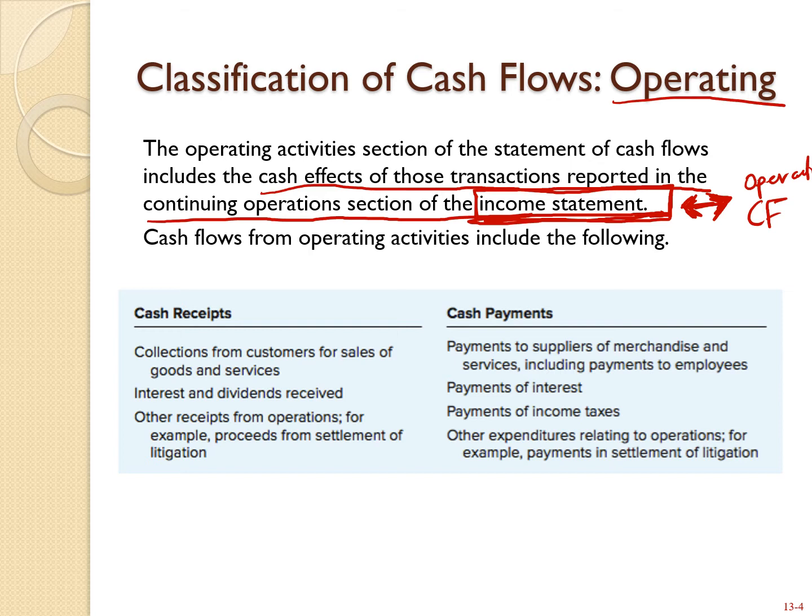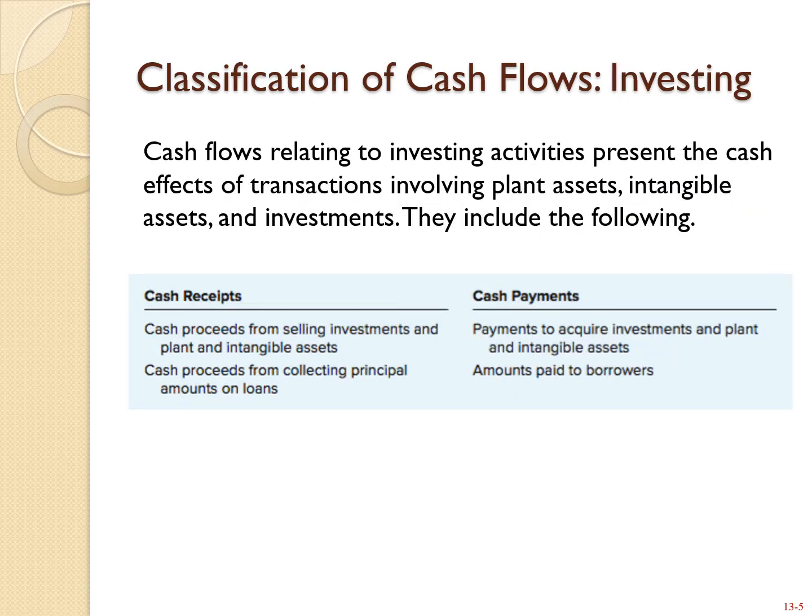Some examples of cash receipts: when you make a sale, when you receive interest and or dividends, and other proceeds from operations. Payments or outflows of cash: when you pay a supplier, pay interest, pay income tax, and other expenditures. Investing activities involve plant assets, intangible assets, and investments like mergers and acquisitions. When you acquire another company, they include cash receipts from selling investments and plant and intangible assets, cash proceeds from collecting principal amounts of loans, because here this one might be a bit misleading,